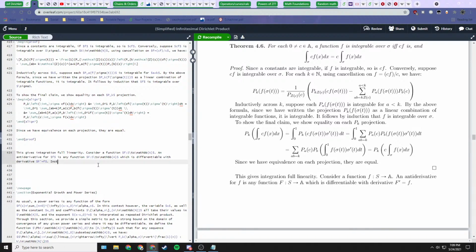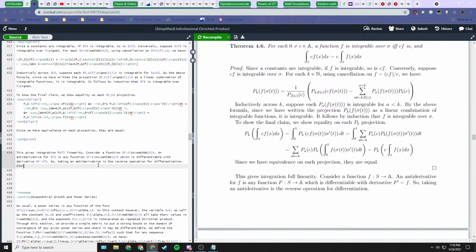Okay, so taking an antiderivative is the reverse operation for differentiation. So similarly,